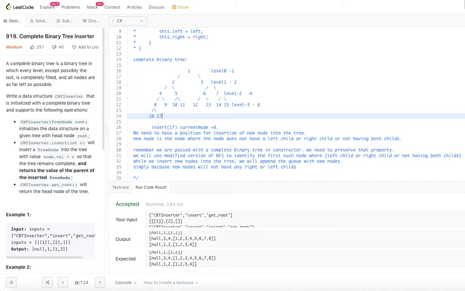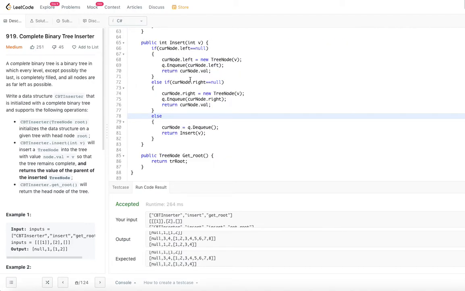For the next processing. But what if this is not equal to null and this is not equal to null? That means the current node that we are left with is already filled. Its left and right positions are already filled. We need a new current node.